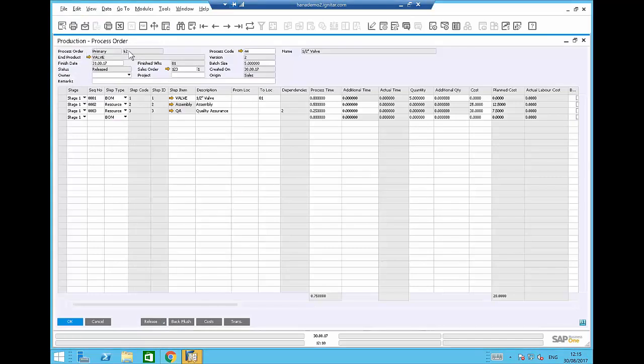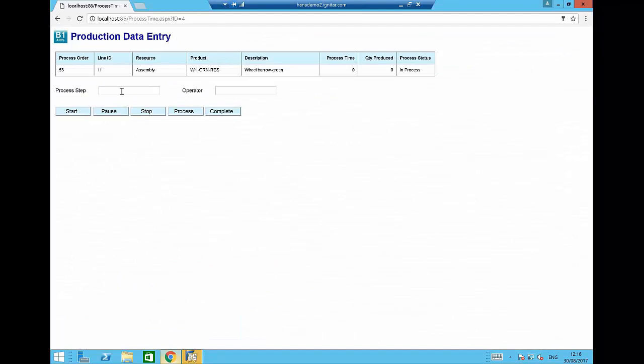Okay, so this is process order number 62, and we have two different stages on here. One is assembly and the other one is quality assurance. So the way that this would work and the way that we would print this off, just using the standard Crystal report functionality, is we would take the process order with a hyphen, then the actual step number. So 62-2 would relate to assembly, and the system will recognise that. So if I type in here 62-2, now this I'm typing in, typically you would use this using a barcode scanner,